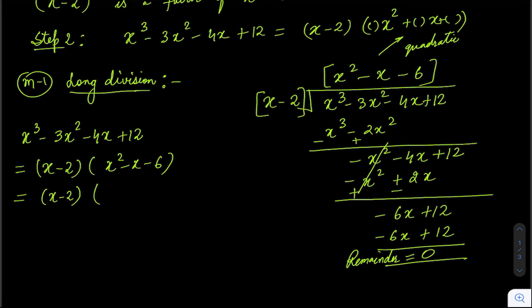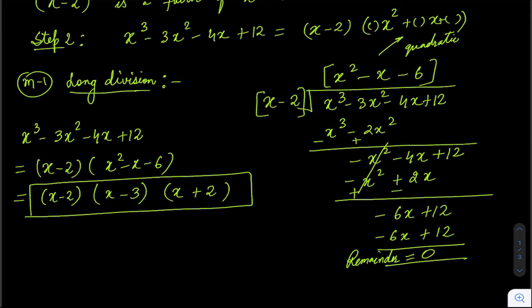And how you can do it is, you know this, we have to make two linear factors. It's x square, so it's x and x. Okay, now it's minus 6. So minus 6 can be generated by 1 and 6, 2 and 3. But we need the sum as negative 1. So negative 1 can be generated, okay, so it is minus 3 and plus 2. So that's how you can get minus 1 and minus 6. So these are the factors.